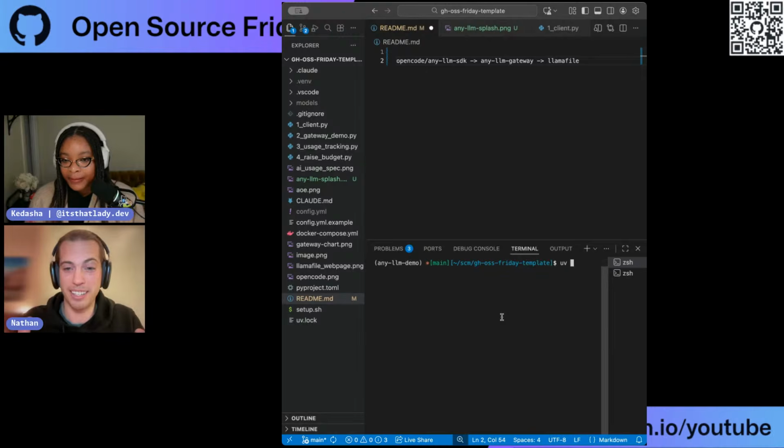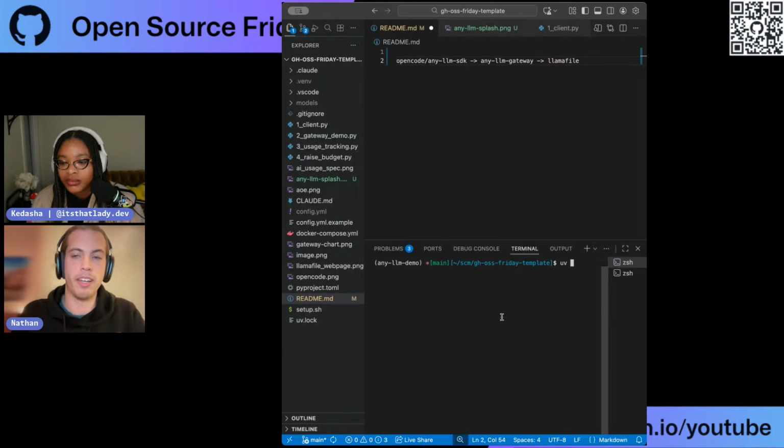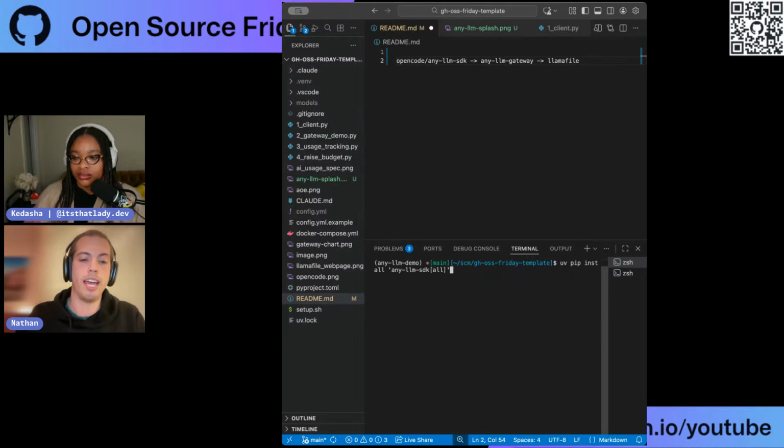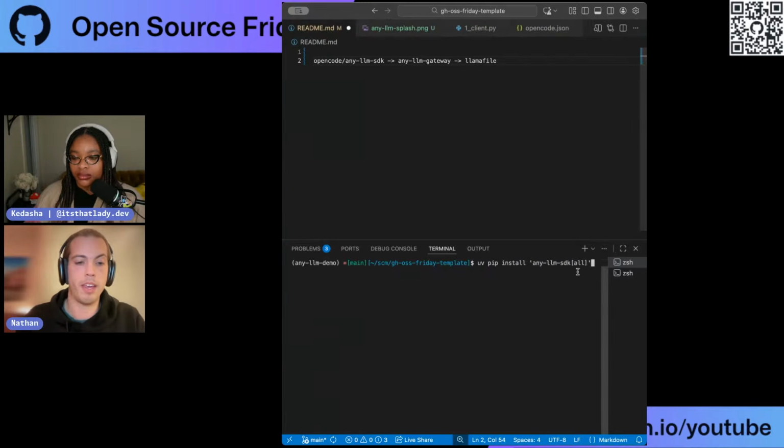But the first thing we've got to do is install it. To install the any-llm Python library, I'm using a Python package manager called UV, which if you're not familiar with it, takes a little bit of time to get up and running. But once you start using it, you will probably fall in love with it, just like I did. We do a uv pip install any-llm-sdk brackets all.